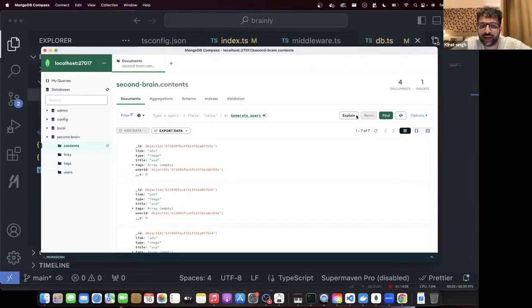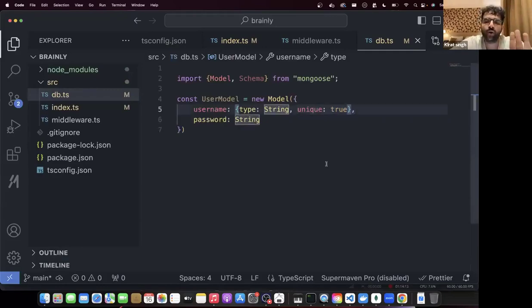यहाँ पे जाके I can add a new entry. You know, add data and then add a new entry over here with the same username. But at least your Node.js server will check, before I create, I want to make sure इस username का कोई exist करता है कि नहीं. This uniqueness constraint will enforce Mongoose to block the request. Mongoose will block the request if your user already exists. That is what this uniqueness constraint will help you with.